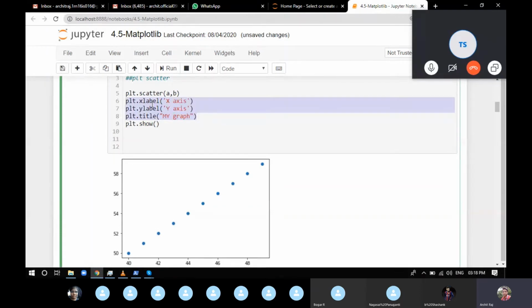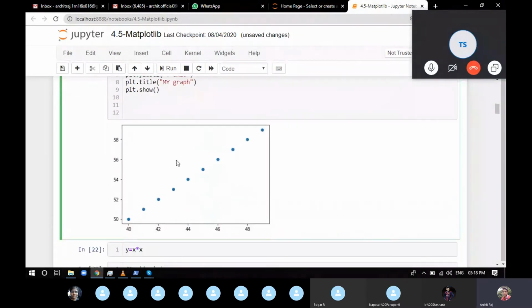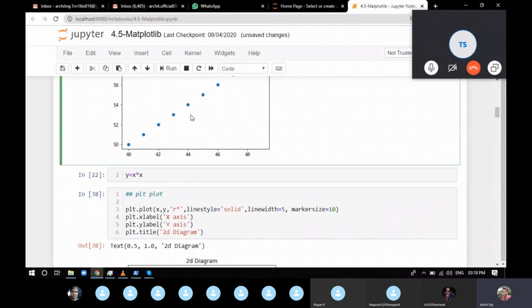For the y-axis name, we use the function ylabel. And for the exact title of the graph, we use plt.title. If you haven't executed these 3 lines, the scatter plot gives you the plot without any axis names. But when we use them, we get the x-axis name as x-axis, the y-axis name as y-axis, and the main graph name as my graph.